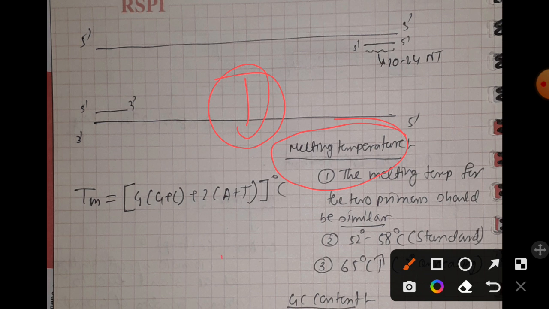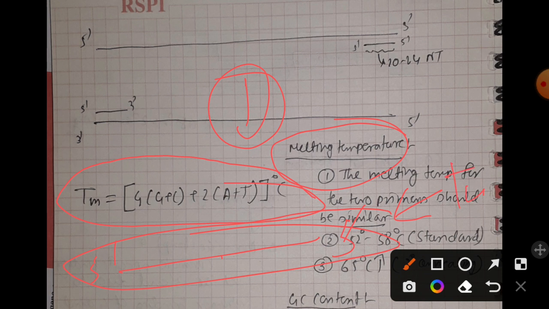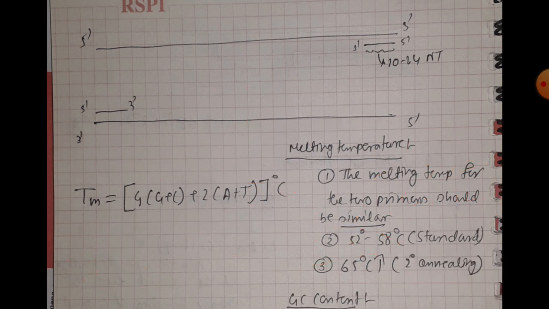And another type of question that I have seen in previous year questions, that is on the basis of this formula. They will give you a sequence and then they will tell you to find out the TM value of that particular primer. Then you have to put the values in that formula in a similar way that I have explained to you, and you will get your answer. Okay, so that was the video